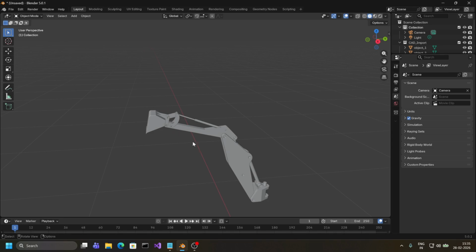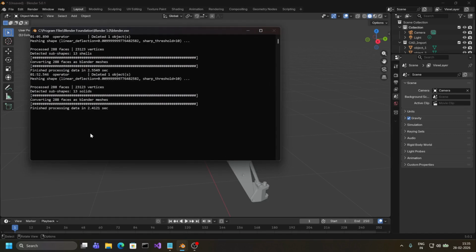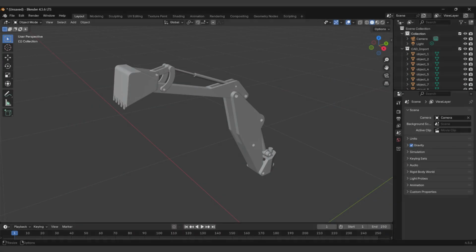The System Console window shows the progress of the conversion process. This might be useful to see the progress in case of large files. As you can see, a new collection named CAD Import is created and mesh objects are named as object_1, object_2,